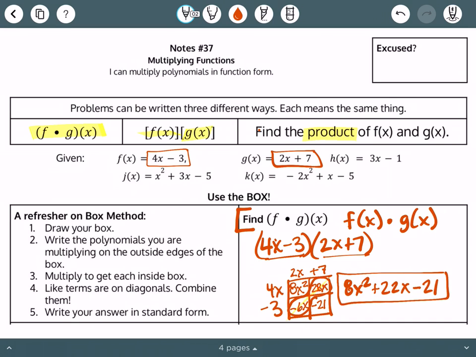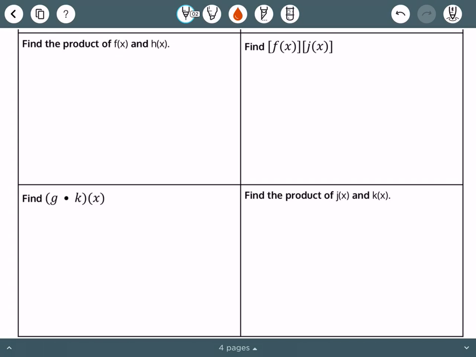So this is going to be really similar as we start to see all of our other problems, right? So we're going to find the product. We're going to multiply f of x times h of x. We're going to multiply f of x times j of x. We're going to multiply g of x times k of x. So if you're thinking about this, I can even think of it like distribution, right? So I see g of x, so g of x times k of x. So k of x like that. And you'll notice a few of these, like f of x and h of x, will just be a